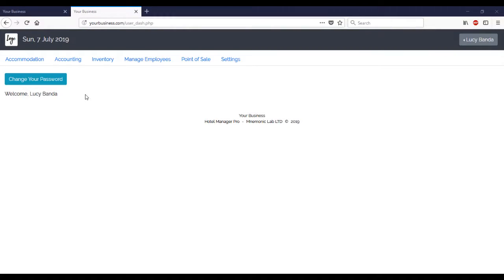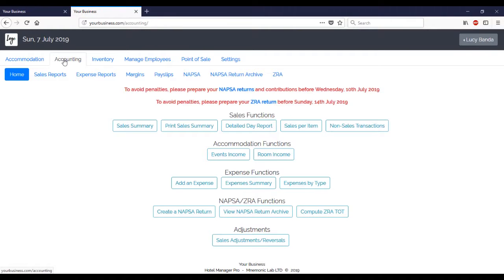In this tutorial, we'll look at reviewing your income reports, reversing a sale transaction, adding payroll entries, adding expenses, creating a NAPSA return, and computing your ZRA turnover tax. Let's get started. Now that our sales have been captured, we can head over to the accounting section to review